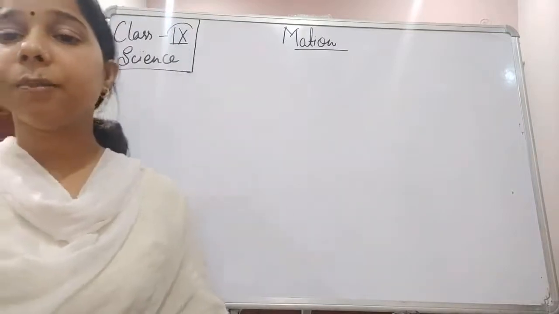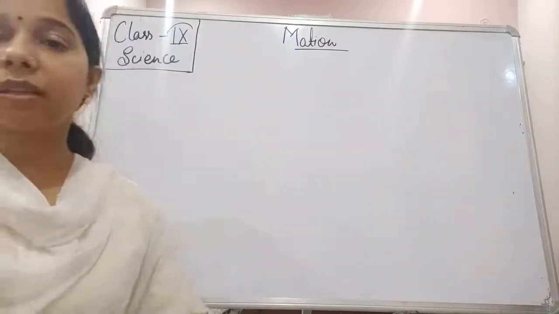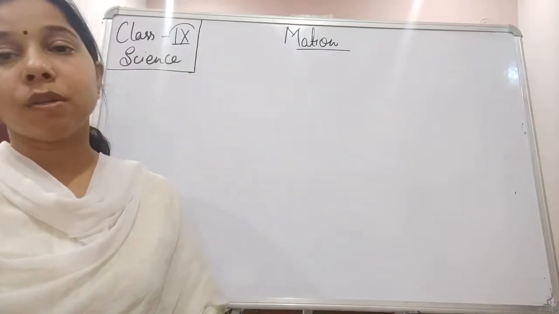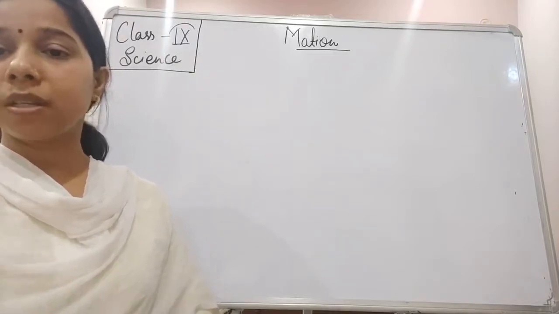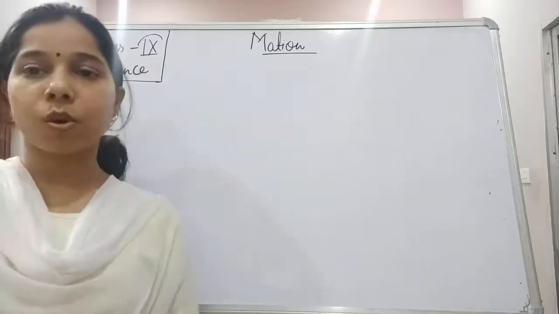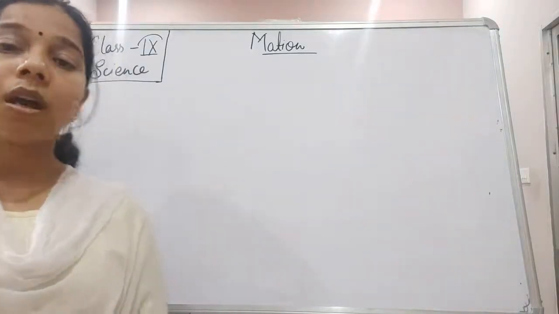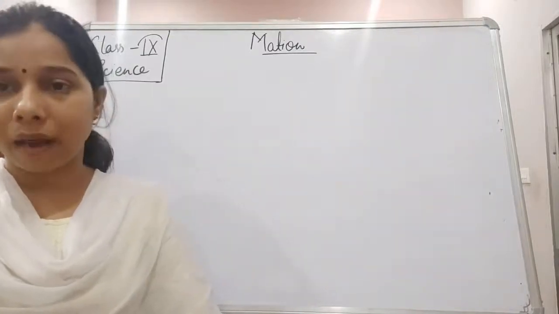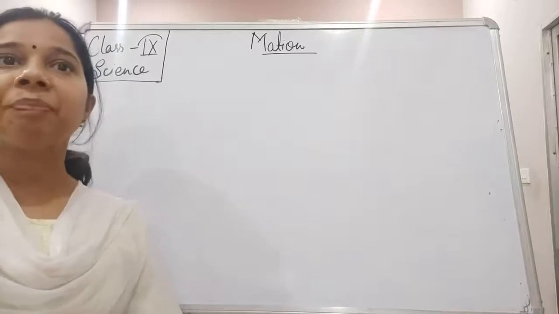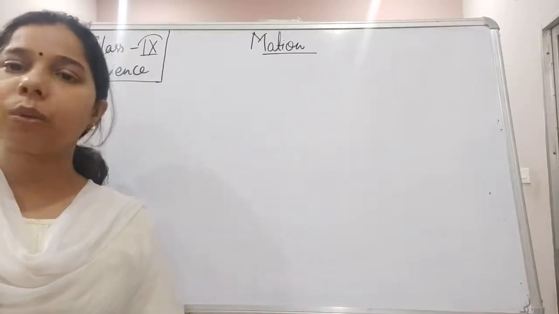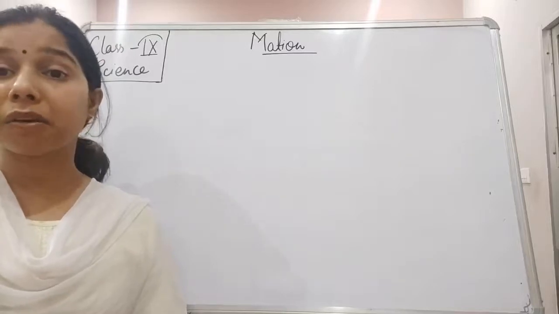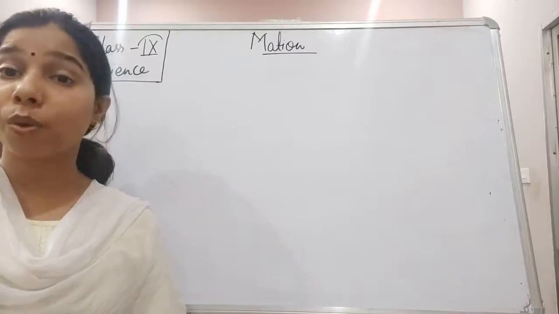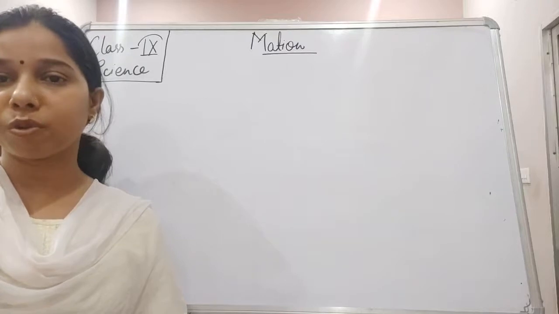So students, in the previous class, we were talking about the circular motion in this chapter. And what are the things that we had already discussed? We have seen how, with the help of the graph, we are able to get the equations of motion. That is the graphical representation of the equations of motion for second and third. So with the help of the graph, we have derived all three equations of motion.